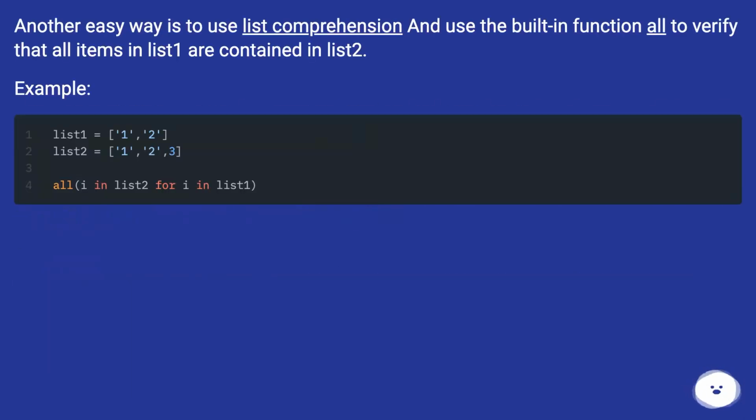Another easy way is to use list comprehension and use the built-in function all to verify that all items in list 1 are contained in list 2. Example: